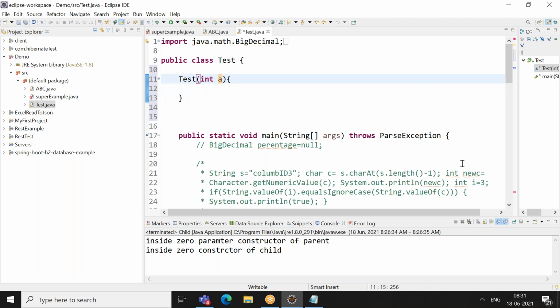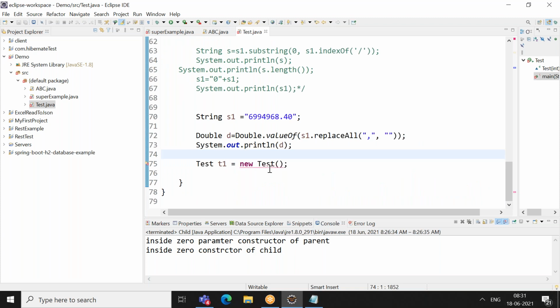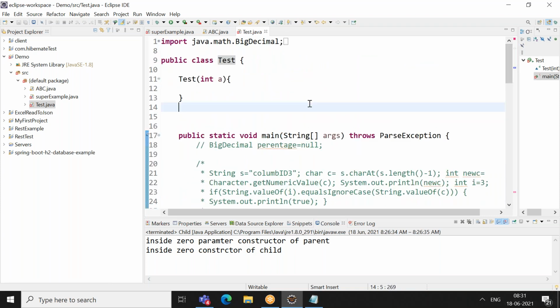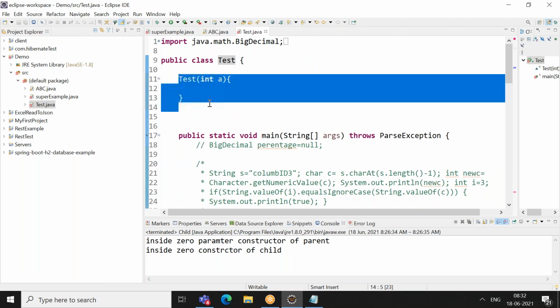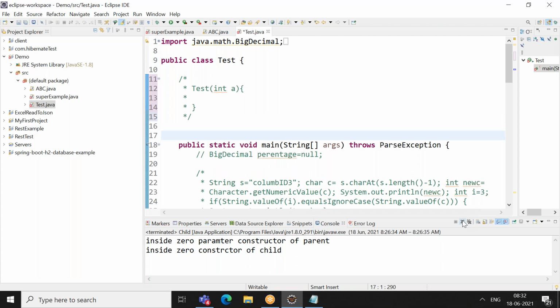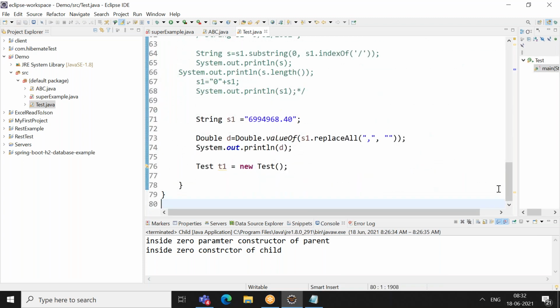That line will throw an error. It will tell you that the Test zero parameter constructor does not exist. Why is it throwing an error? Because the compiler will not write a constructor, since your class already has one. If you do not have one, there is no issue, and your compiler will write a constructor. The point is, your compiler writes a constructor if and only if your class does not have any constructor.